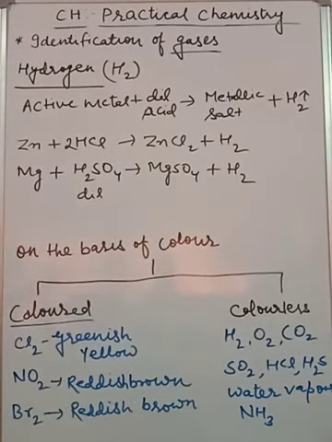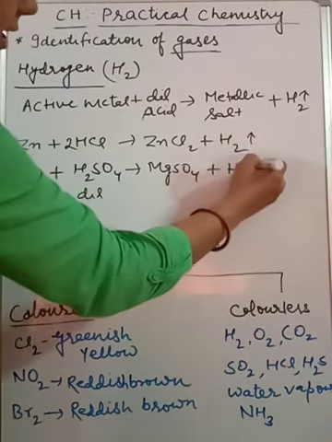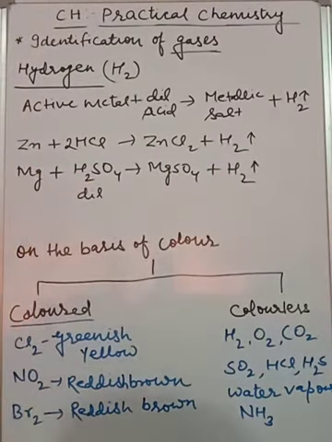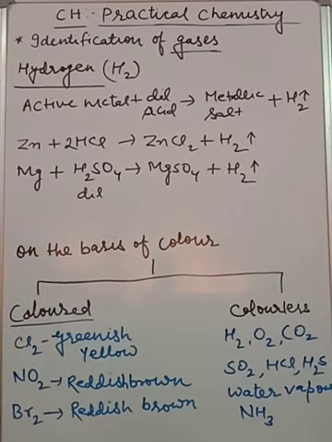Okay. Now the gas is releasing, this evolved gas, I am representing by upward arrow. But how can we identify it in the laboratory? Because it is colorless. Here I have explained to you, it is colorless as well as odorless. So how can we identify this hydrogen gas? So first point regarding this, the evolved gas is colorless, odorless and neutral. That also I have told you. Neutral means what? When you bring either wet red or blue litmus paper in front of this gas, there is no change in color of the litmus paper. So this is neutral in nature.